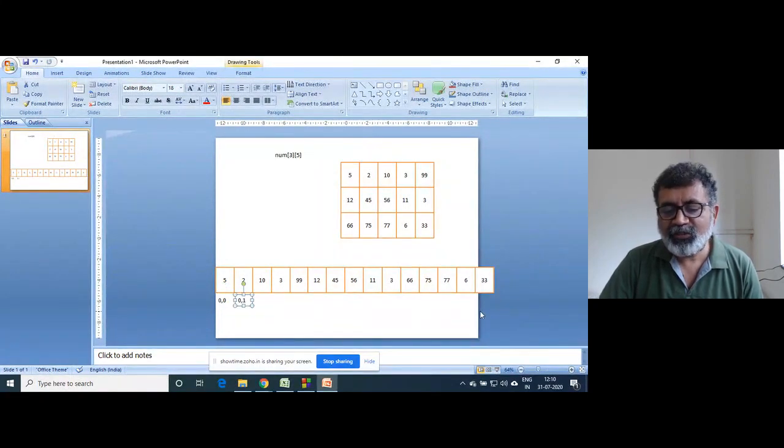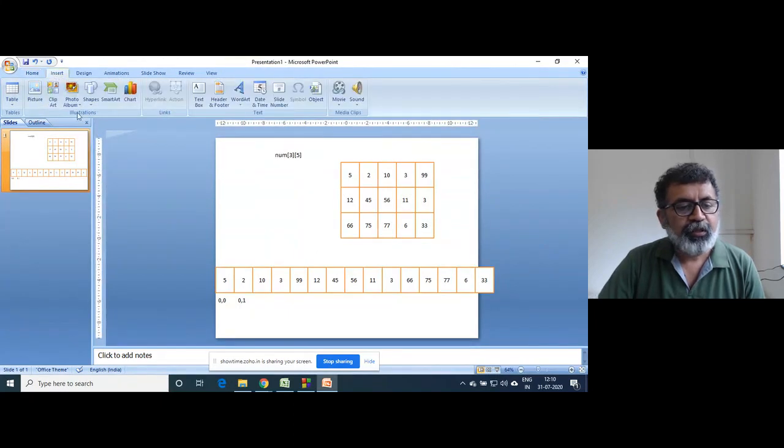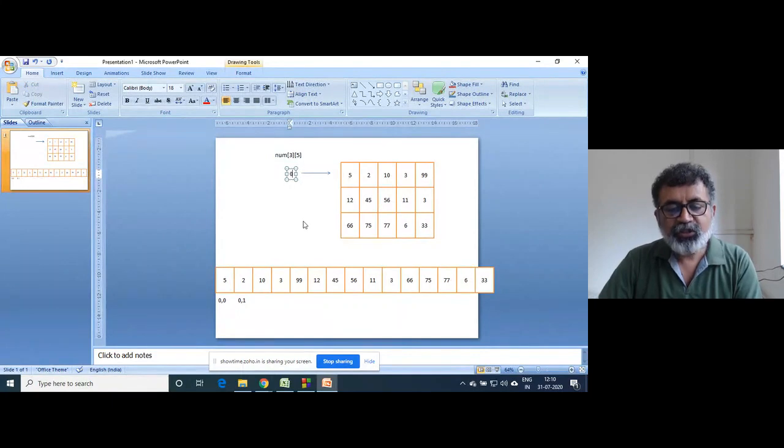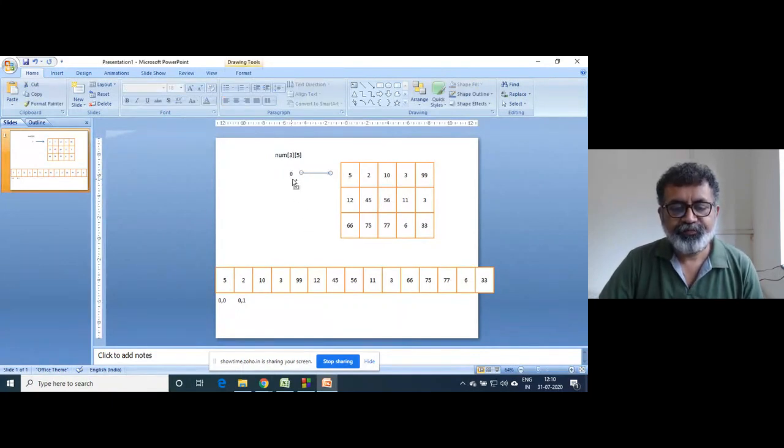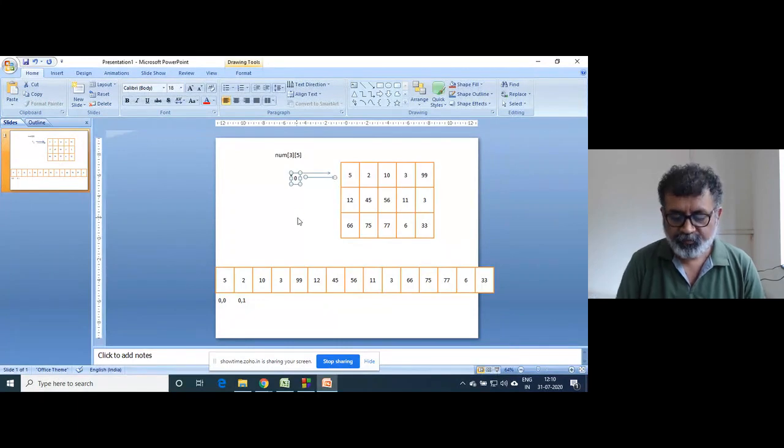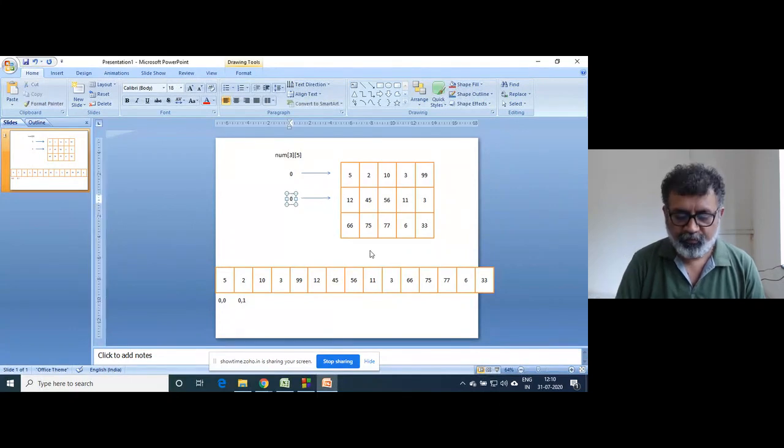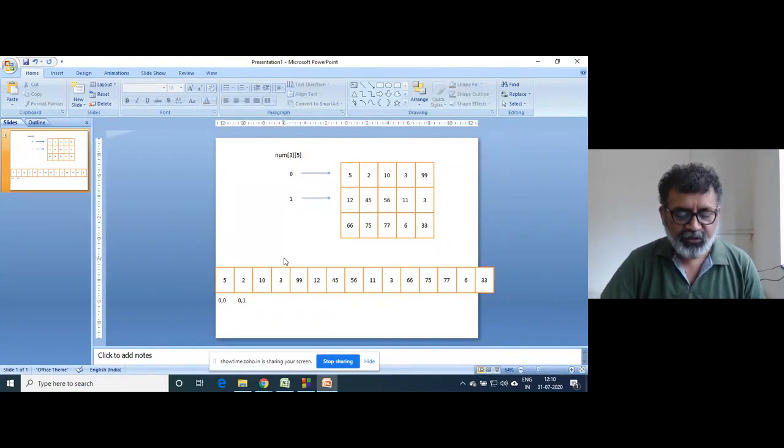So what will be this last element? What is its row index? 2, because in the animation I have shown you everything. This is row index 0, this is the first row, and this is the second row.